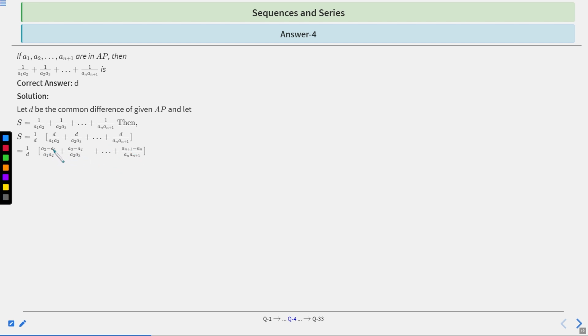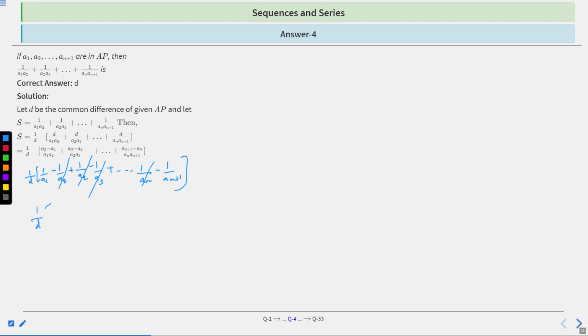So (A2 minus A1) upon A1 A2, plus (A3 minus A2) upon A2 A3, till (AN plus 1 minus AN) upon AN AN plus 1. Now when we solve this, we will get 1 upon A1 minus 1 upon A2, plus 1 upon A2 minus 1 upon A3, till 1 upon AN minus 1 upon AN plus 1. Now you can see that all the terms will cancel out. Only the first and last term will